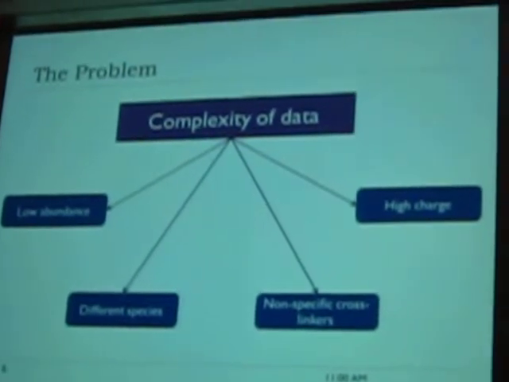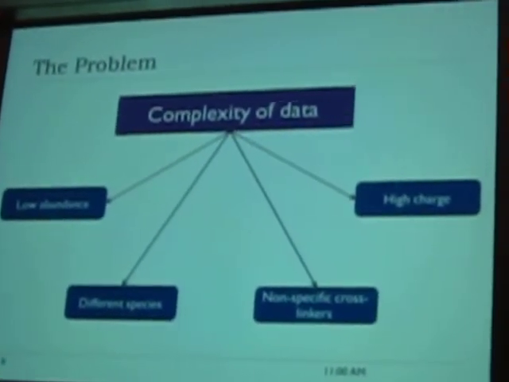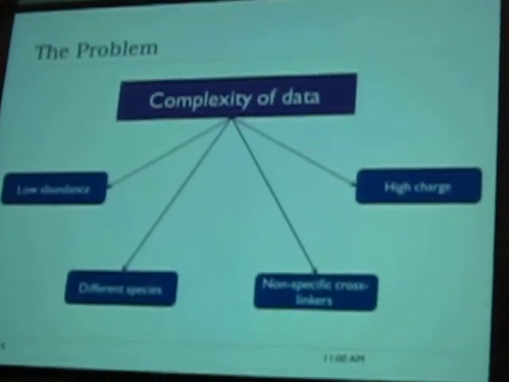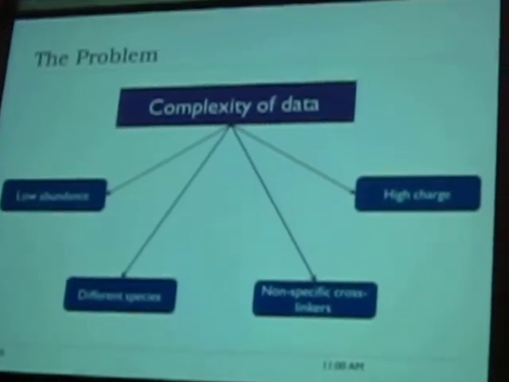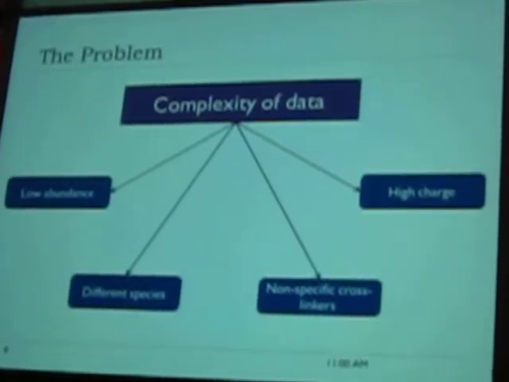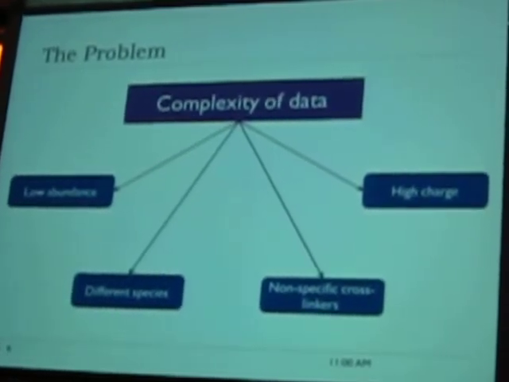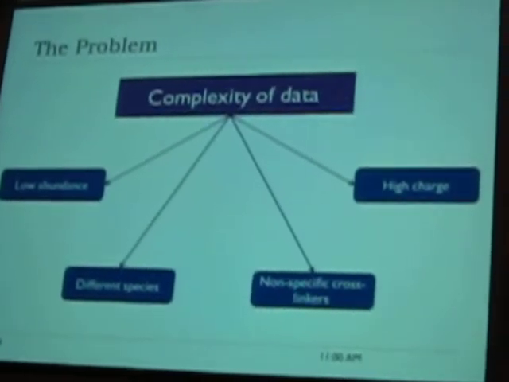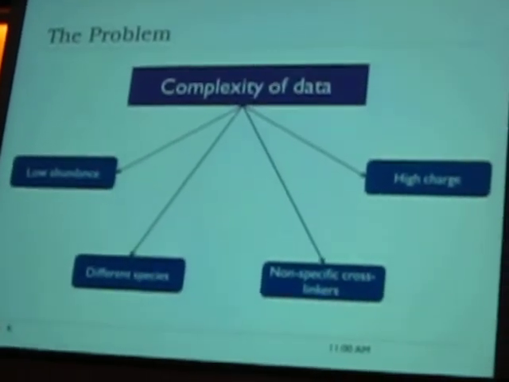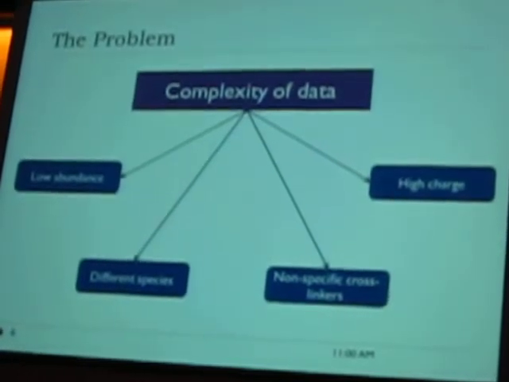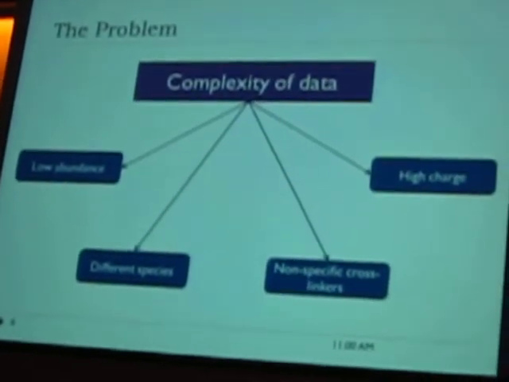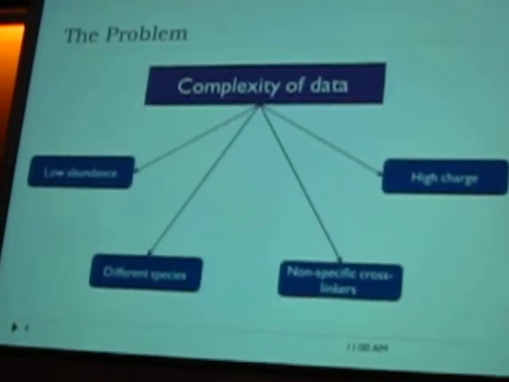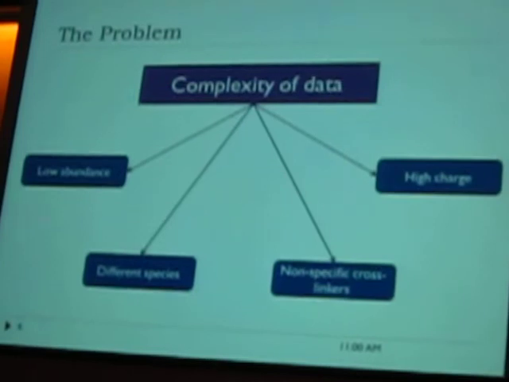It's the complexity of data. First of all, low abundance of cross-linked species, because when we get the mass spectrometry data, it contains non-cross-linked species and cross-linked species. And cross-linked species probably consist of only 1% of the entire spectrum. So the first task is really to identify out of the entire spectra which spectrum is representing cross-linked species and non-cross-linked species. The other part is, as I said, there are three simplest types of cross-linking possible, type 0, 1 and